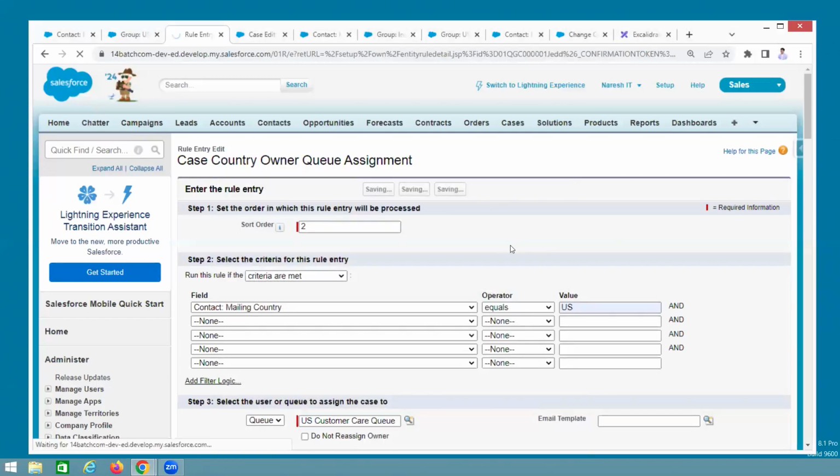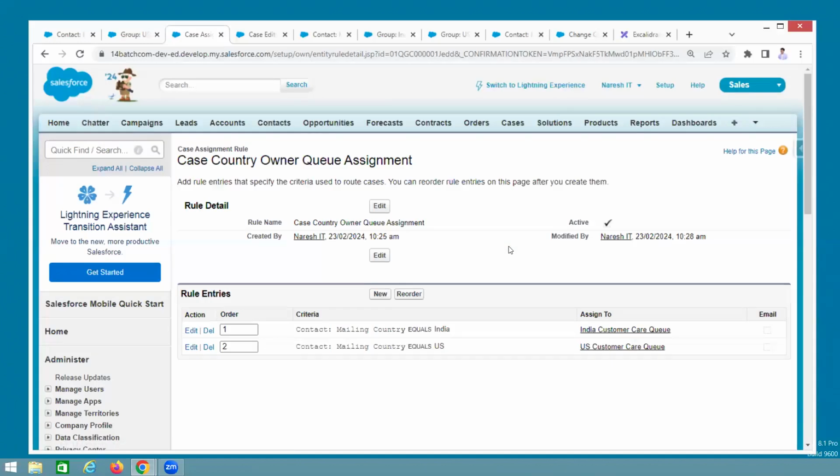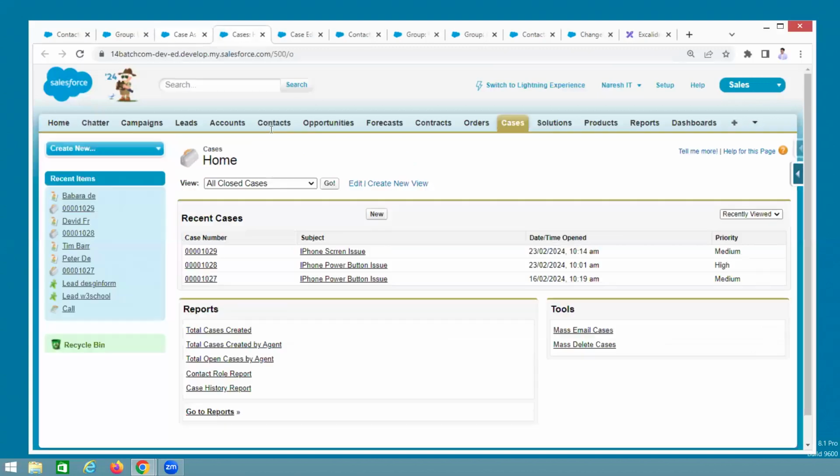We have two queues here, but in real time in my project, guys, more than what is that? 55 queues. Understand? So that depends on your business. So now see, guys, case country owner assignment rules. What is that? First, whenever you are creating the case,